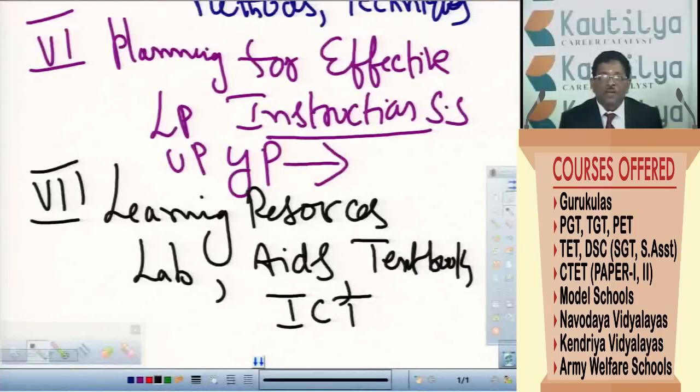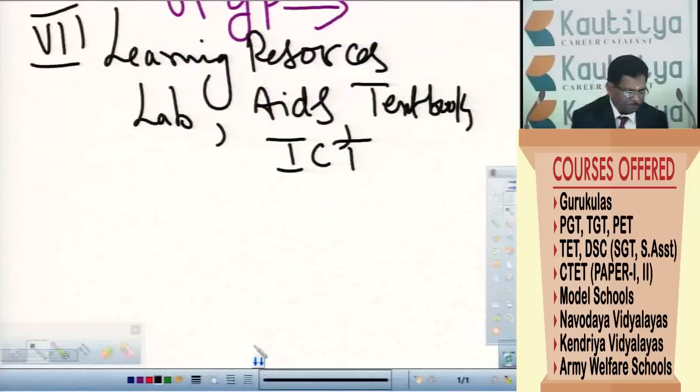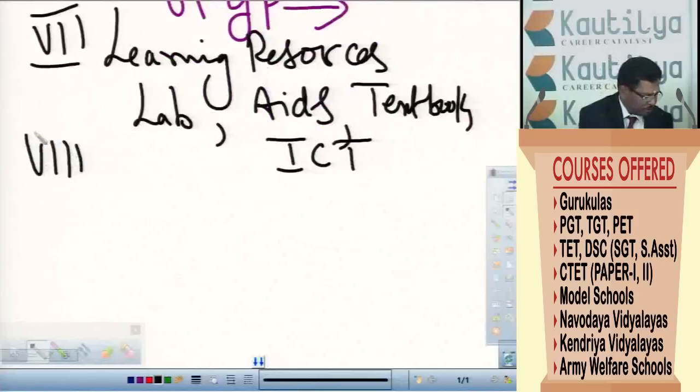Say field trips, excursions, museums, planetariums, social science labs, different audio visual aids, textbook, and modern technology, what we call information and communication technology. These are all the different ways and means in the teaching and learning process of social studies. Then, which was followed by